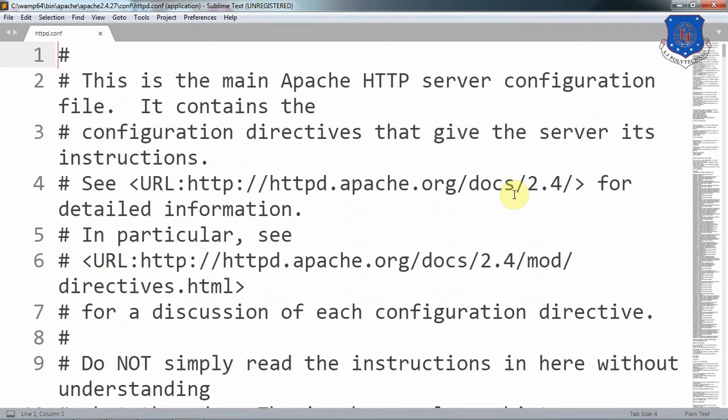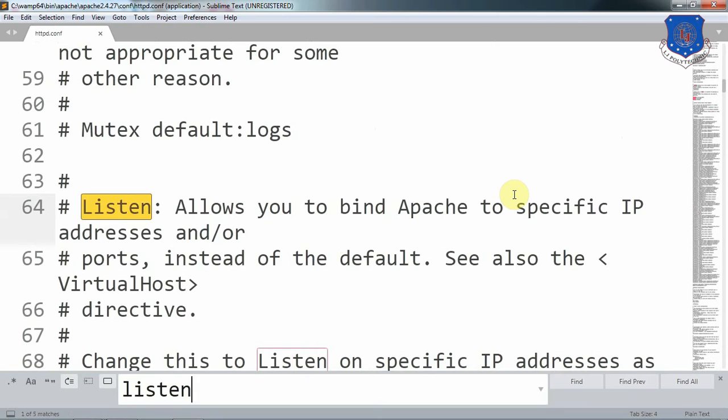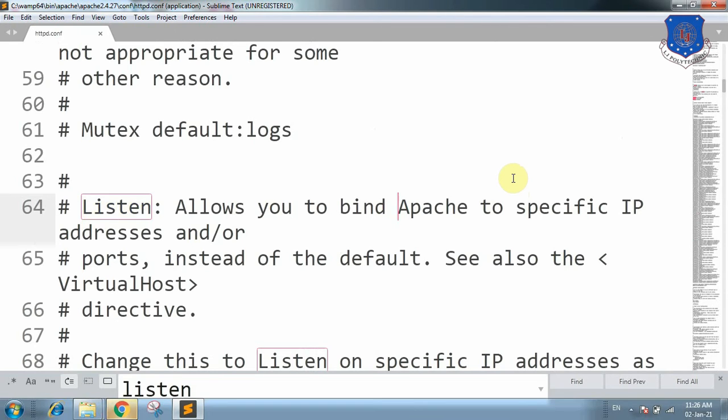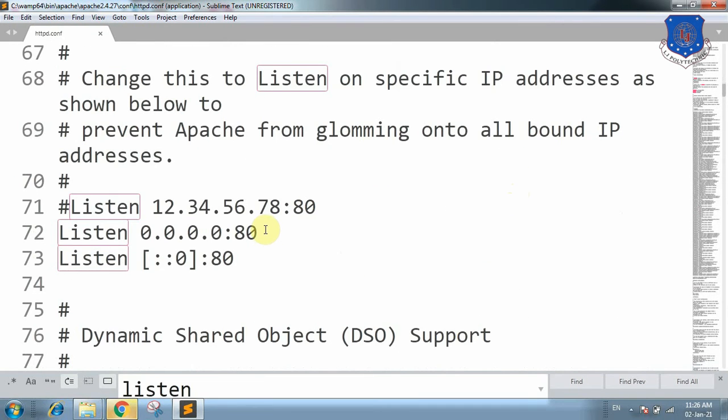So the file has been opened, and now I will find the word listen. So listen suggests on which port number the Apache server application listens to the URL request. By default, we can see that port number 80 has been mentioned over here.